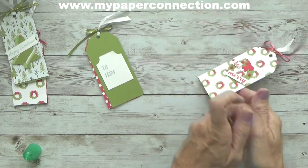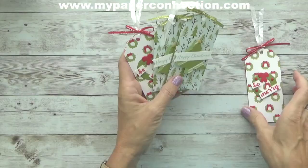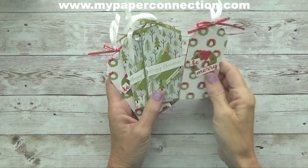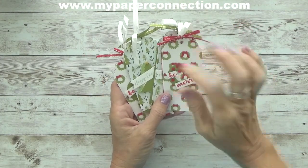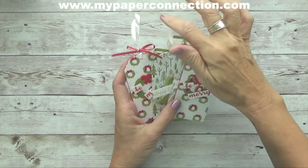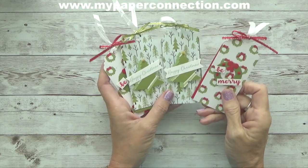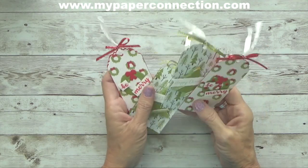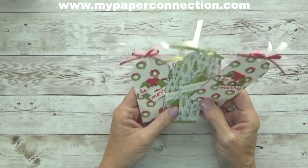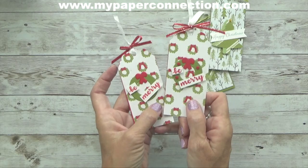I do need to trim this ribbon, the tails of this ribbon off. And look at that. How cute are those? They're just adorable. I love them. And they're super easy to make. And it just shows you how you can take scraps of designer series paper, scraps of cardstock, and you can make really pretty tags with them. Now I'm gonna have to go back and add embellishments to that because I see just how cute it is,